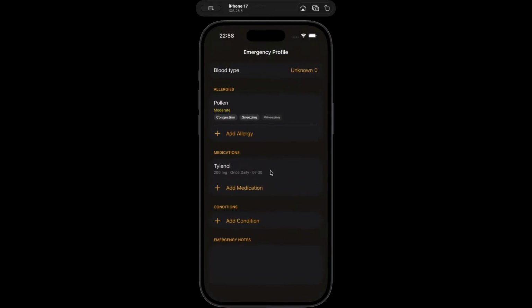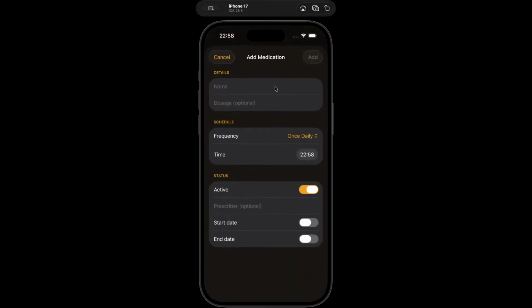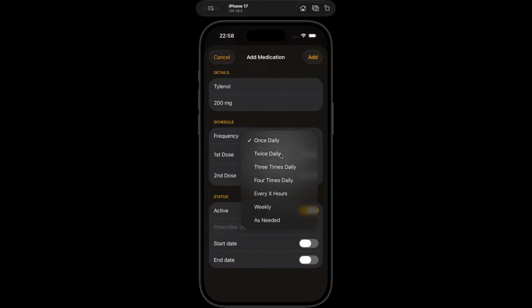Add. Okay, that's not bad. I'm actually curious. Well, that's fine. Let's do Tylenol again. 200 milligrams. What does twice daily look like? Oh, okay. Let's say I'm going to take this at. It's the thing with the simulator. It's not bad, but when you're using a mouse or your pointer, it's a lot more difficult. It's more sensitive. 7:45, and then the second dose,